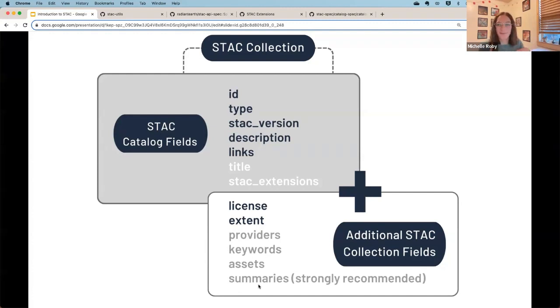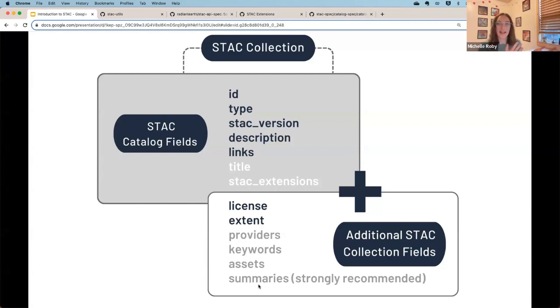And I'm just realizing too, I'm describing this as if you're creating a STAC catalog. Many of you might not be creating STAC catalogs yourselves. Many of you might just be using STAC catalogs to find the data that you want. But either way, having this understanding of how a STAC catalog is built can be very helpful for when you're doing your searching of data.